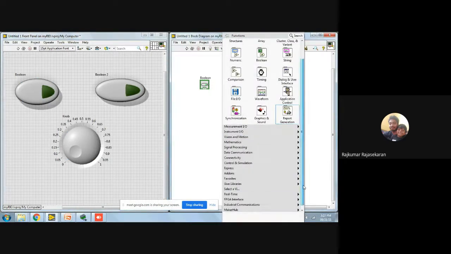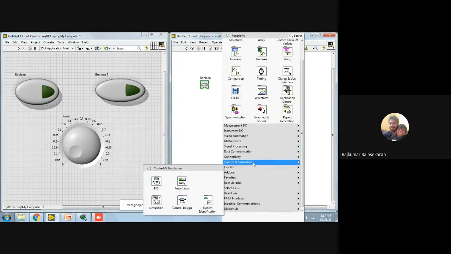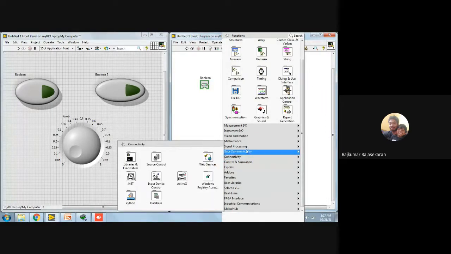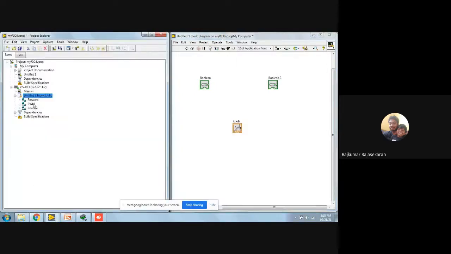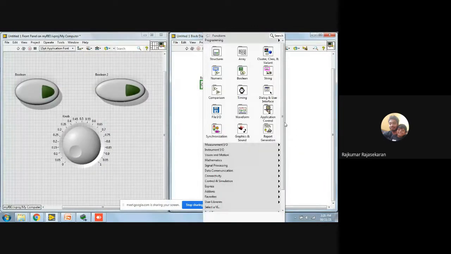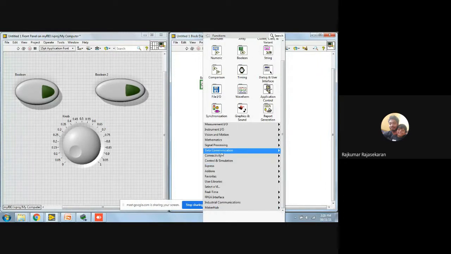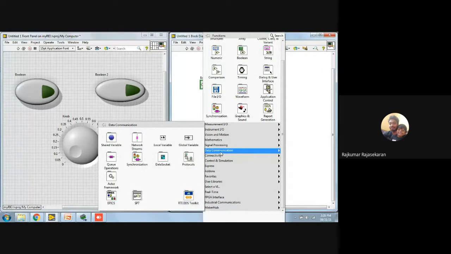Okay, and to communicate with this shared variable, since it's not on the same computer, it's in the same network but not in the same computer, we cannot just drag it here. It won't work most of the time. So rather, what you need to do is make it into an API based communication.